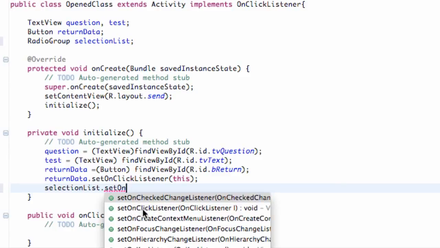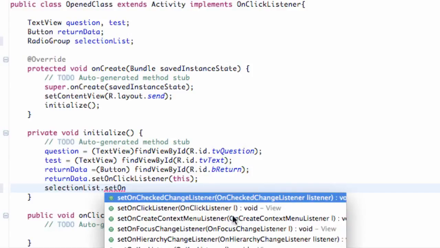Again, we could do onCheckedListener, but it's better to say onCheckedChangeListener, because anytime one of those radio buttons within this radio group is clicked, it's going to call this method. As you can see here, within its parameters it takes a variable type or object for the most part,